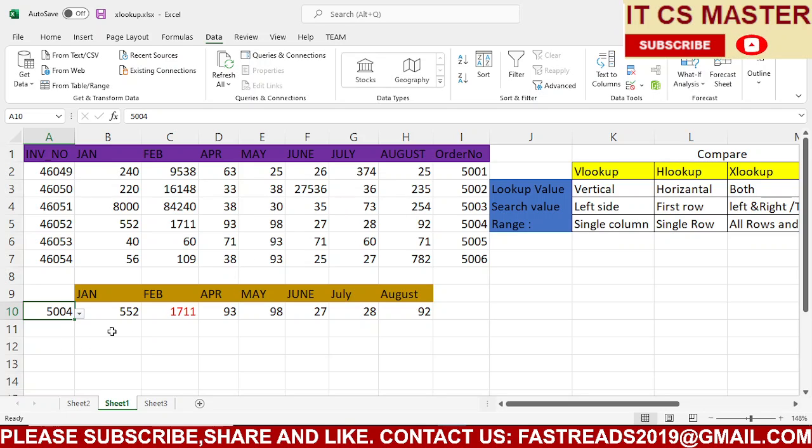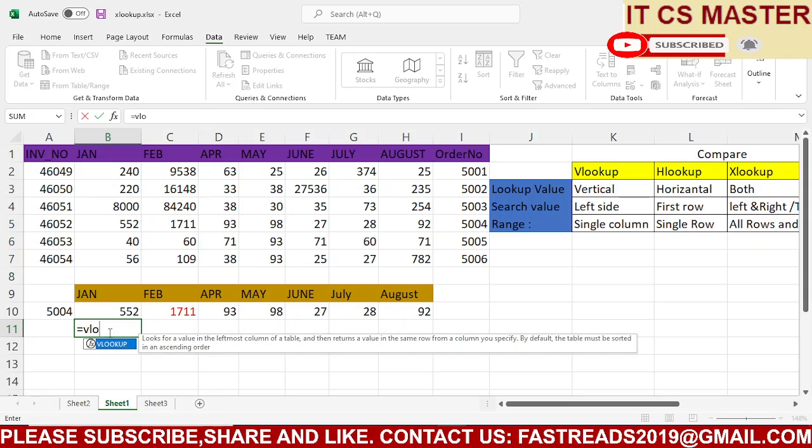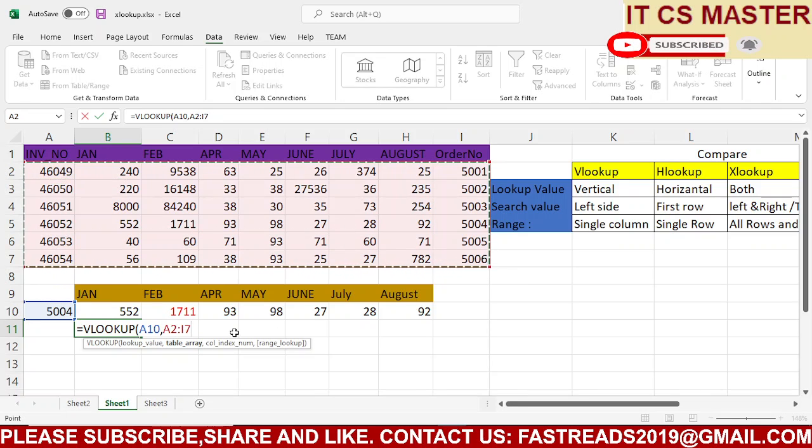Now similarly if we go with VLOOKUP, let's compare. If similarly we go with VLOOKUP, then what will happen? Here you can see VLOOKUP, lookup value. Similarly I have given this, and table array. Suppose I am giving this table array. Column index means a single column index. Suppose I want to find a single column, April month only. So here I can take only a single column value.